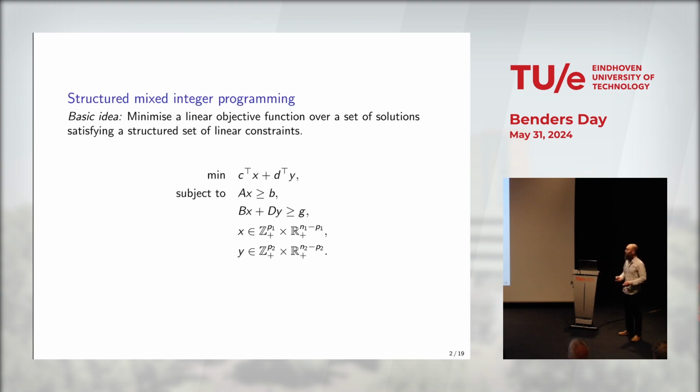Okay, so just to start off with, a generic setup here. I want to set the scene by looking at what I call structured mixed integer programs, with the particular structure that we need for Benders decomposition. We have our first stage variables, the x variables, and our second stage variables, the y variables. The x is then like your linking variables, and the y variables are in your second stage, which you can solve for once you know the realization of the x.